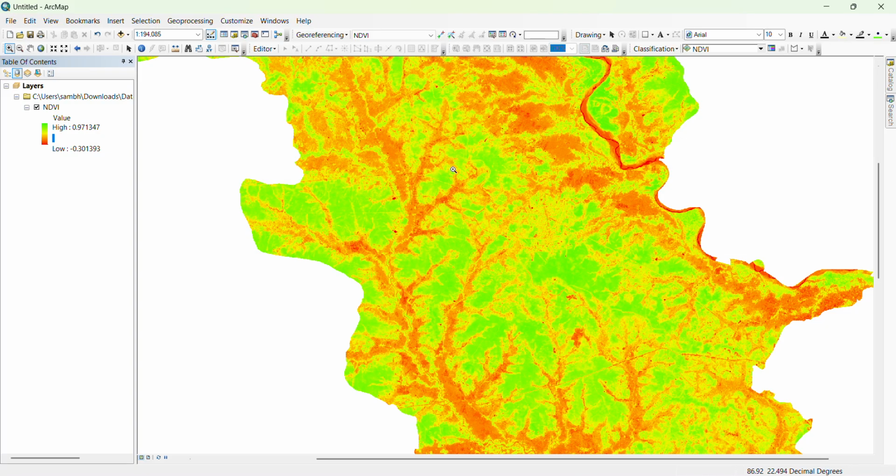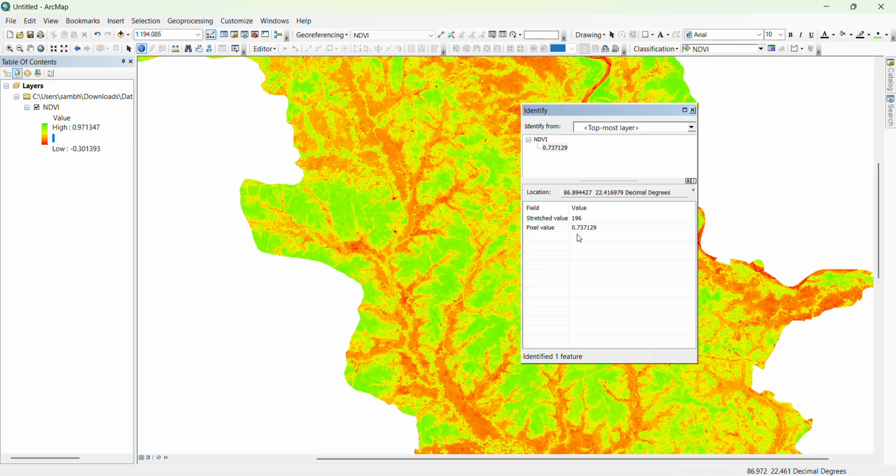So at first you have to identify the range of vegetation. If you click here, you can get the NDVI value 0.73,